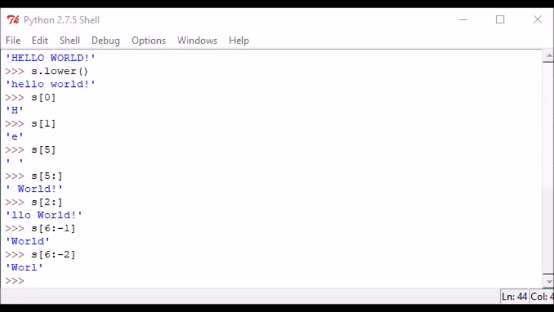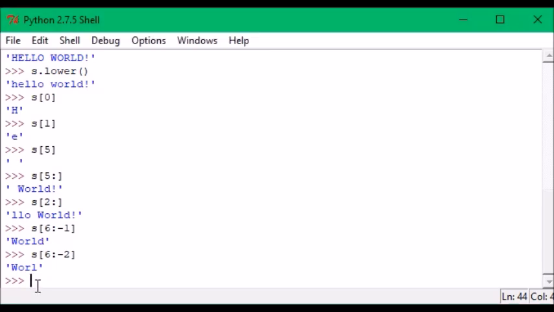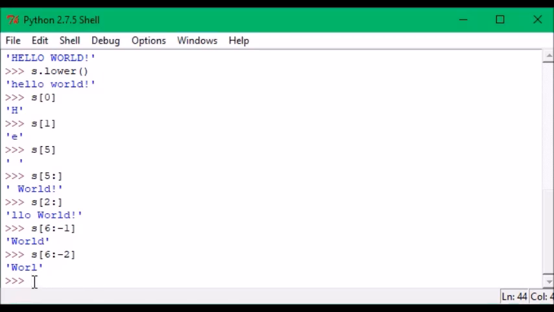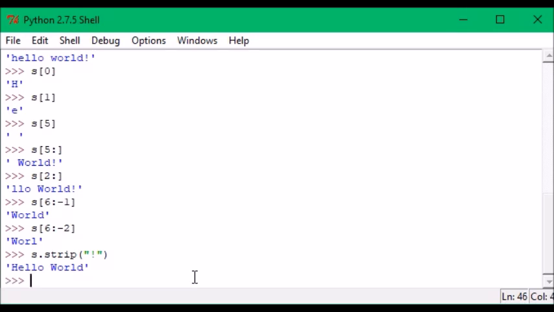We have another one called strip, which returns a copy of the string with leading and trailing characters removed. That means if I just type s dot strip with the exclamation mark within inverted commas, we will get the output as hello world.